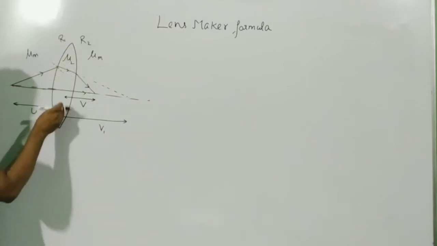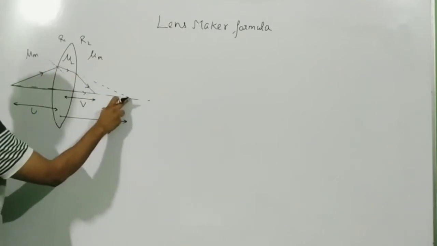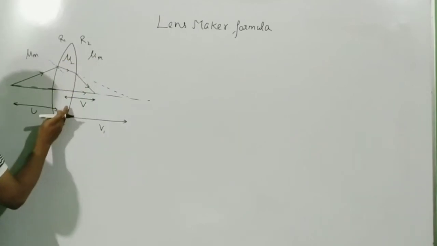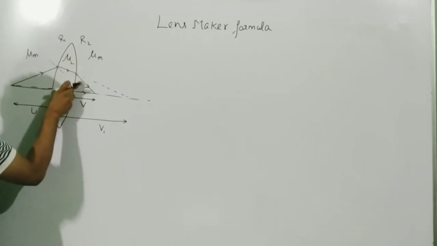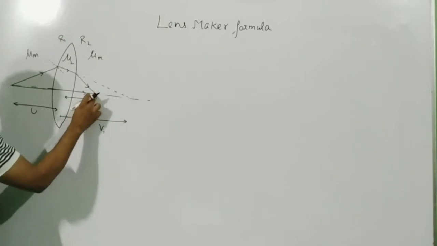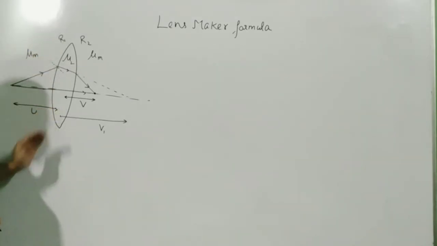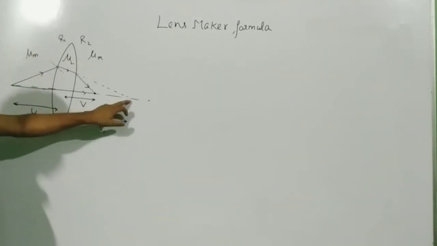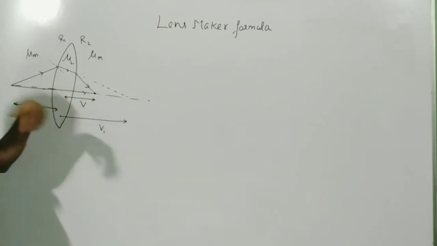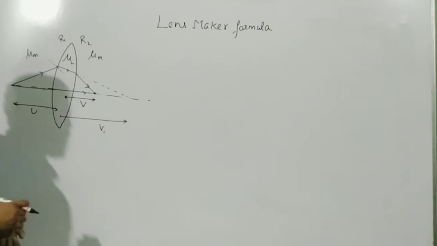But there is a second curvature, so the ray, when it starts its journey from here, expected to move in this direction, again encounters this surface over here, and again makes further refraction and finally meets the principal axis over here, forming the final image. So we can say two things: for the first curvature, the image is this, and that image becomes the virtual object for the second refraction.